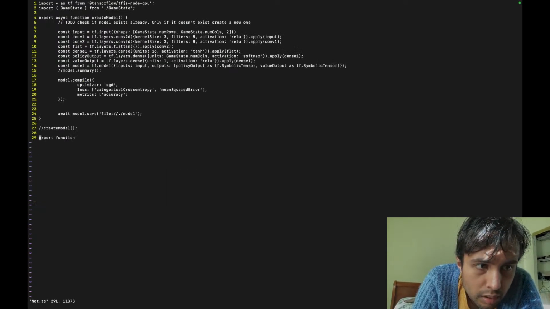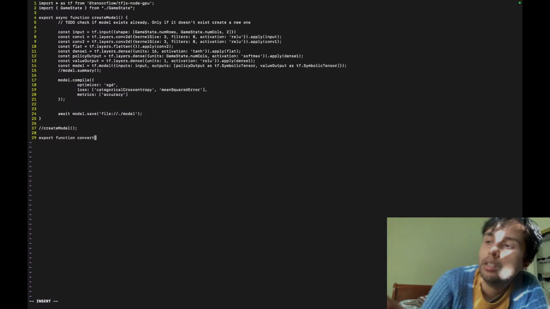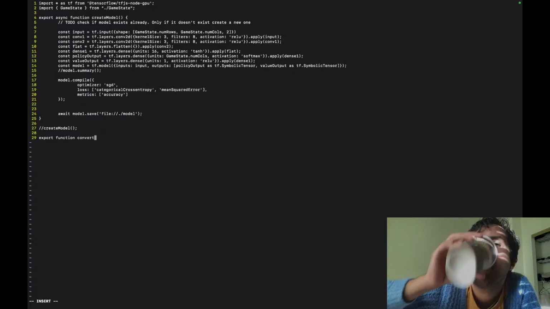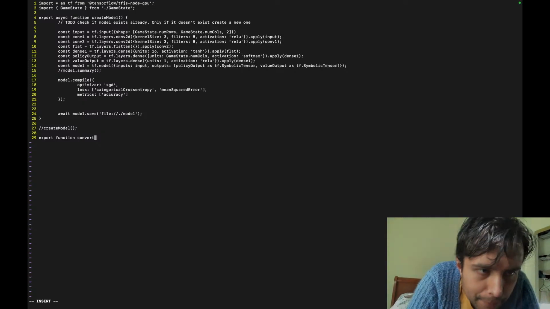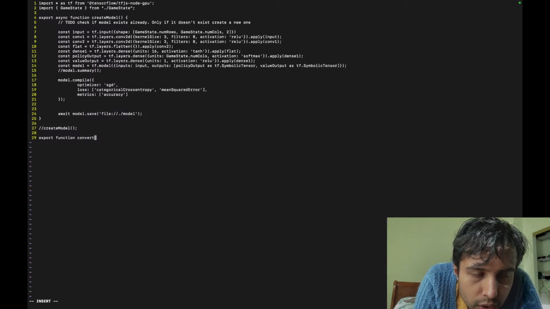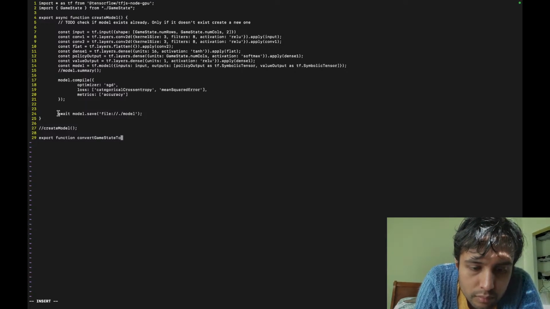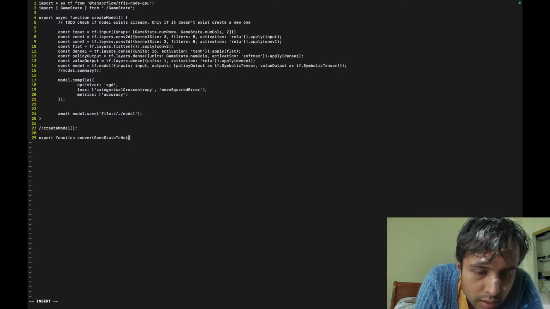Okay, so then let's call this convert. Export function, convert game state to net model input.